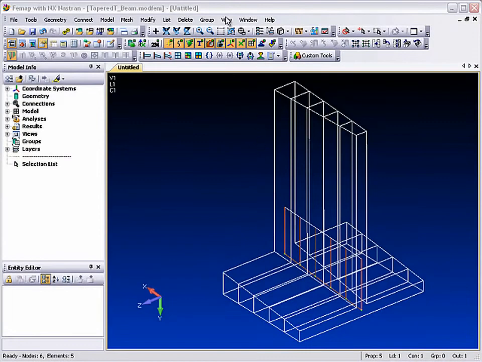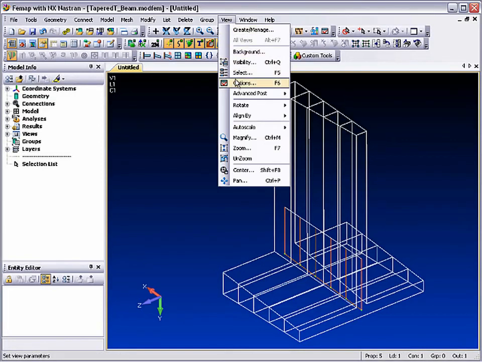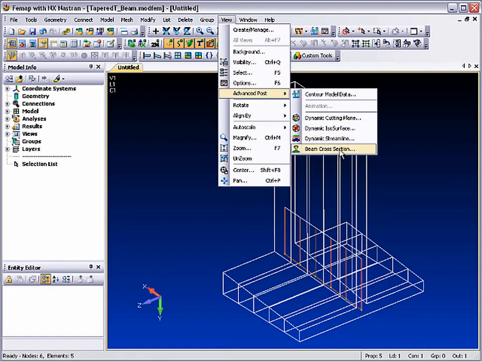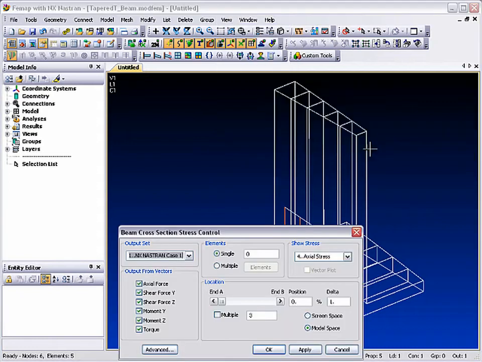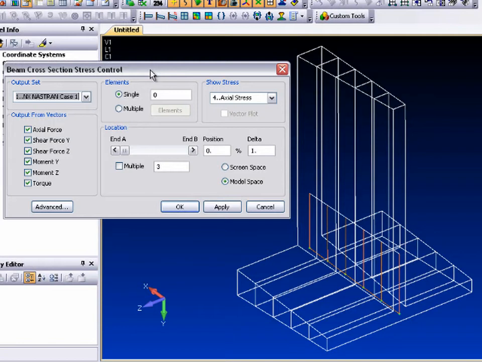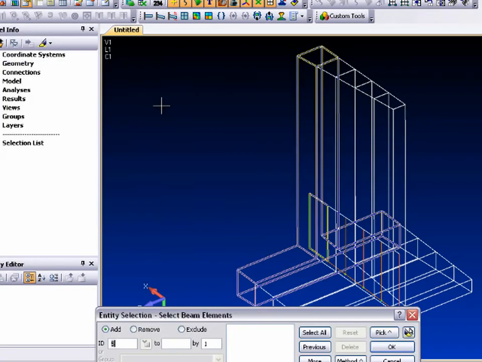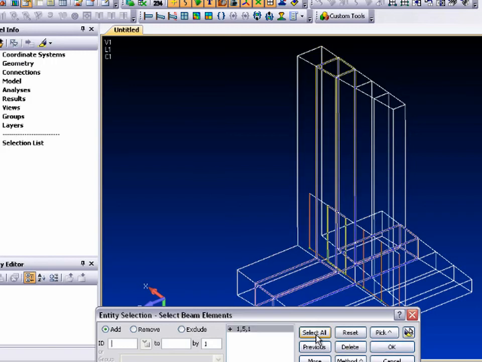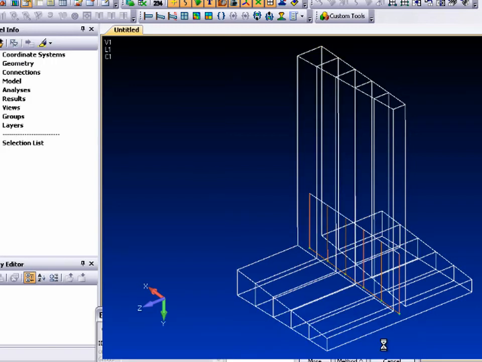With Femap, you can visualize the complete stress distribution and shear flows on beam cross-sections. When visualizing the stresses, you can simply view a single element or specify a selection of elements to include. In addition, you can calculate additional stress output that is not normally included with the output from the solver, such